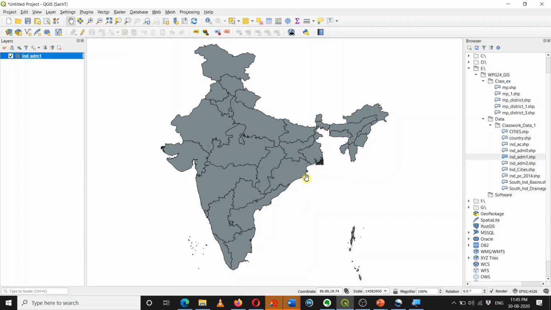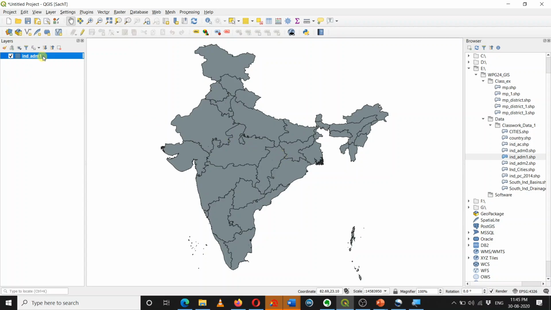The metadata is nothing but the data about the data. So metadata of a layer gives information about the layer itself. So whenever you import any data for your project work in the QGIS environment, you should always check the metadata of the data you are working with.